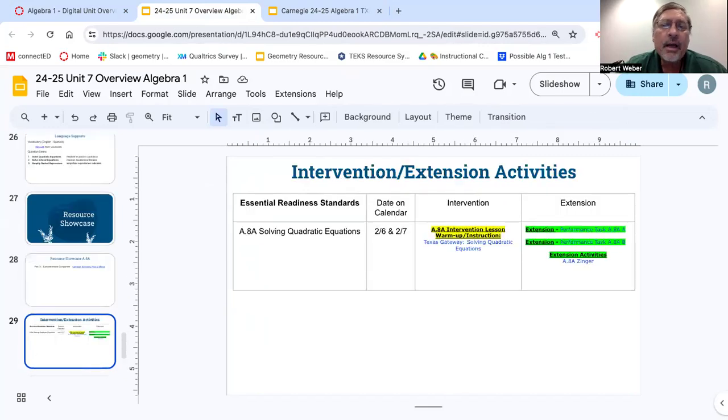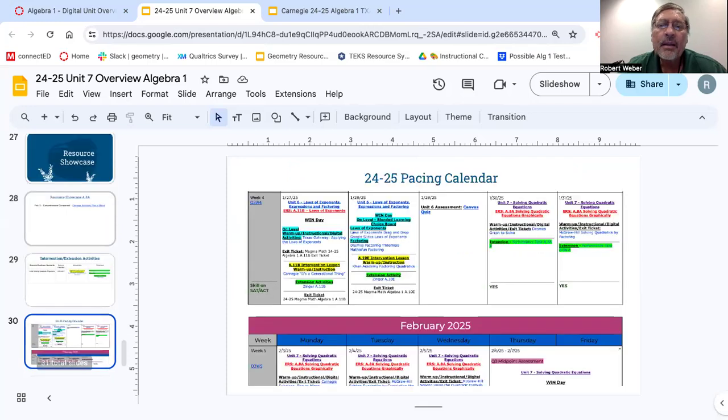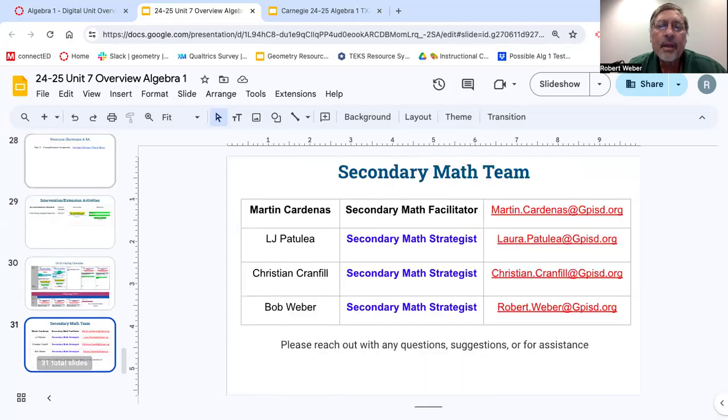Other portions of the slide deck, since we do have a win day on February 6th and 7th in connection with our MAP assessing, I think it is, or is that midterm? I'm not sure. But long story short, we do have a win day with 8A. And then the pacing calendar, this takes us into the month of February. And of course, we are available. Anything you need to get the job done,